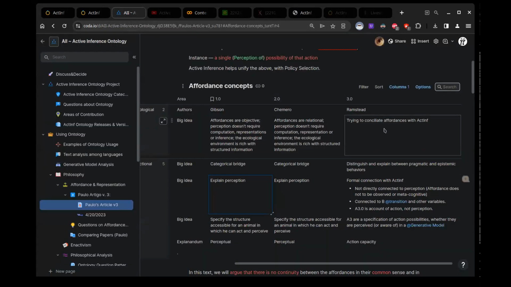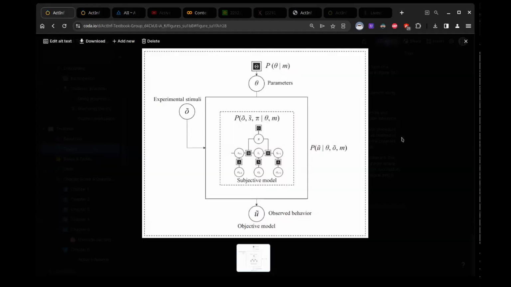However, there is some significant work needed to understand the continuity of these concepts, and whether or not it's valid to say that the affordance 3.0 concept is actually in the direct lineage of the affordance 1.0 and 2.0 concept. And Paolo S. is the best intern to speak to about this topic.